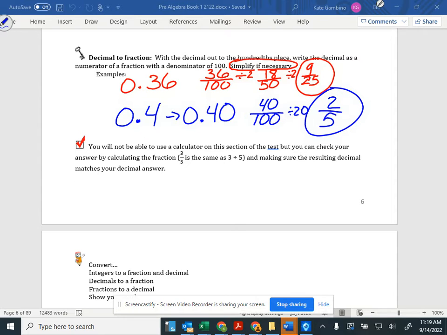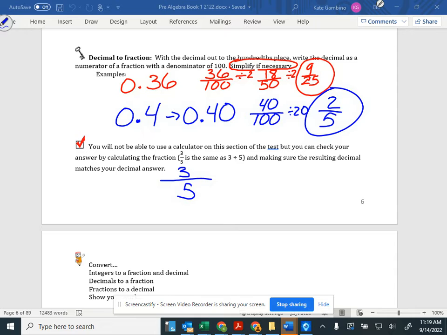On the bottom, you will not be able to use a calculator on this section of the test, but you can check your answer by calculating the fraction. So on the test, you're not using a calculator, but as you're doing your work, here's how you can check your answer. Did I simplify it all the way down as much as I can? So if we have 3/5,